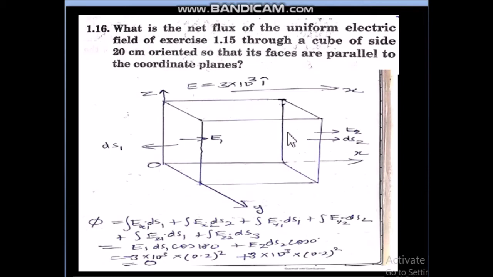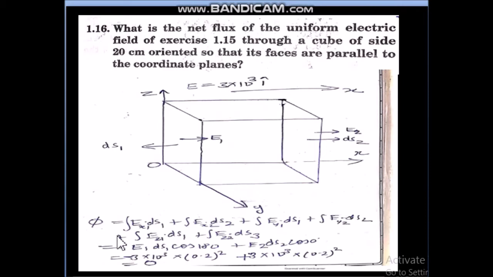Now our target is to calculate the total flux through this cube. So flux calculation is done for each of the sides separately. So you can notice here one thing, that this face and its parallel face, both are appearing along x direction. Here electric field is available. Then the bottom face, this lower face and upper face, and the front face and back face, these are 4 faces where the electric field is not present.